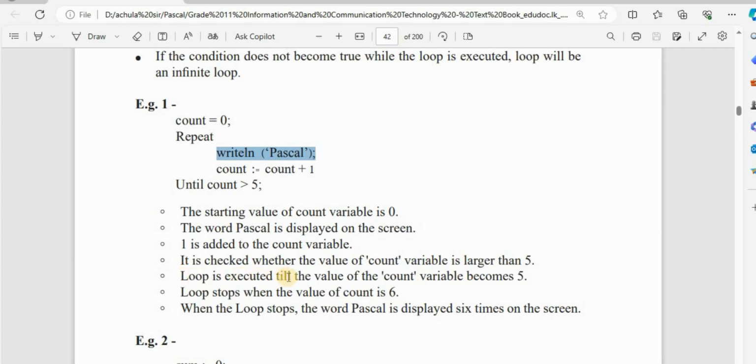So the loop executes until the count variable becomes 5. The loop stops when the value of count is 6, not 5. When the loop stops, the word Pascal is displayed 6 times on the screen. So a same one I have brought to you for this